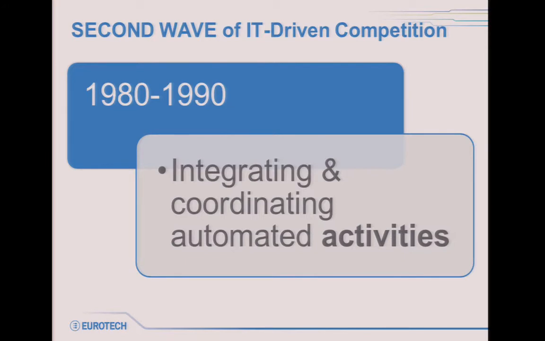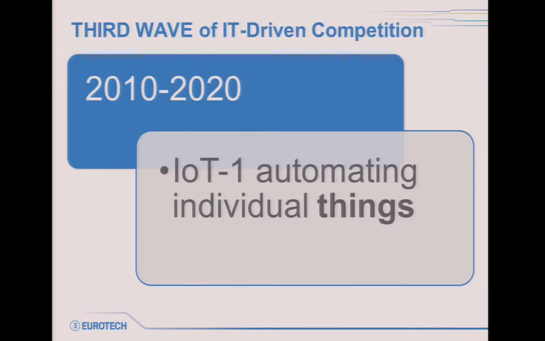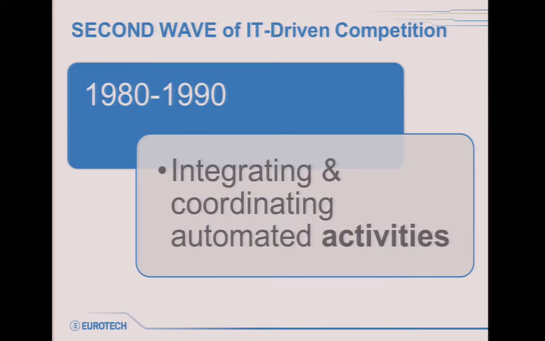So we had internet technologies, internet applications, enterprise service bus, integration technologies, making these single computerized activities interoperable and coordinated. Until this stage, until this second wave of IT-driven competition, things remained things. The company organizations, processes, productivity and supply chain changed and improved, but things remained things, as in the 60s.